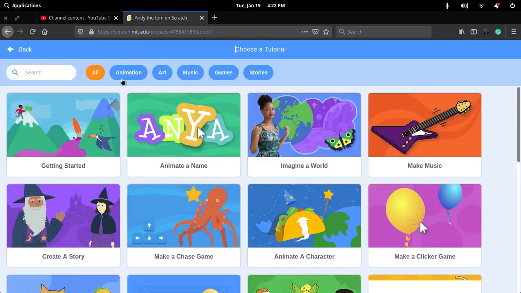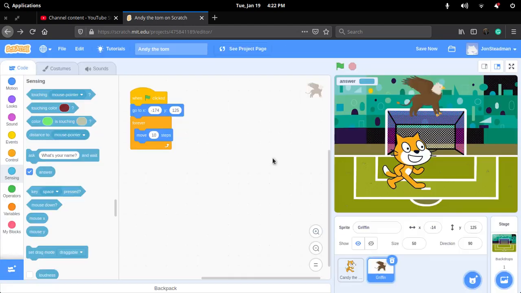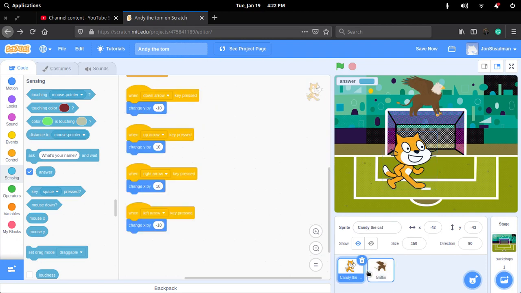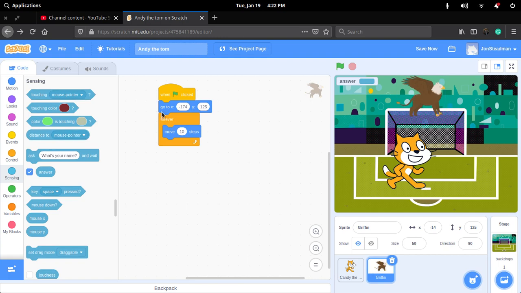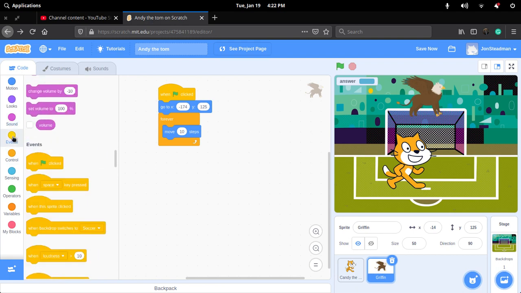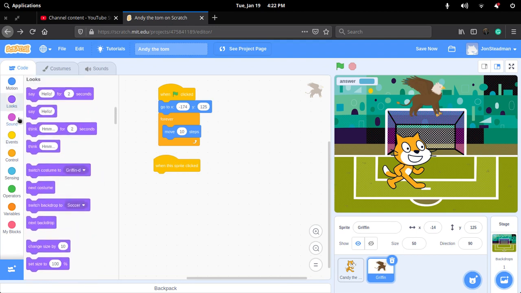And now if we go to tutorial tools, these are different types of tutorial tools you could choose from. I think tutorial tools are good, but they are missing loads of features that you can use. That's why I'm trying to teach you the best way how to use it for free. Alright, so what I want to do is when this sprite is clicked, I want him to think,